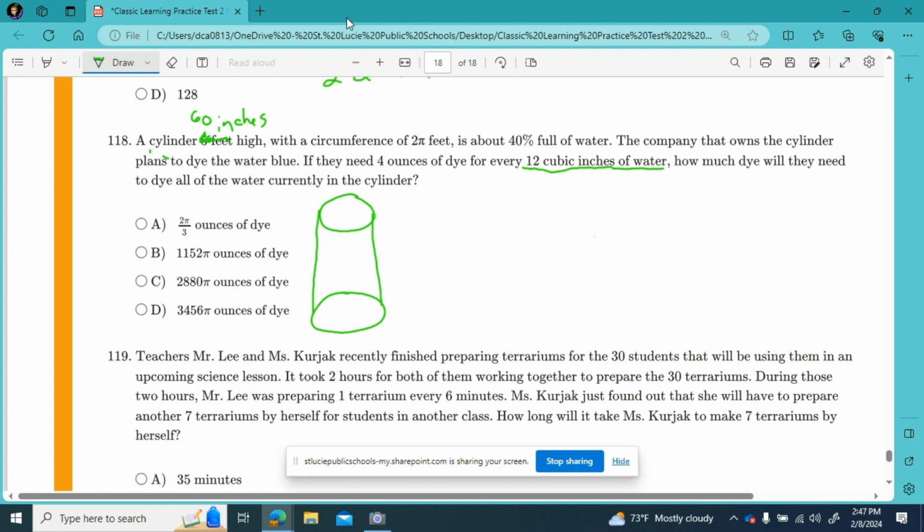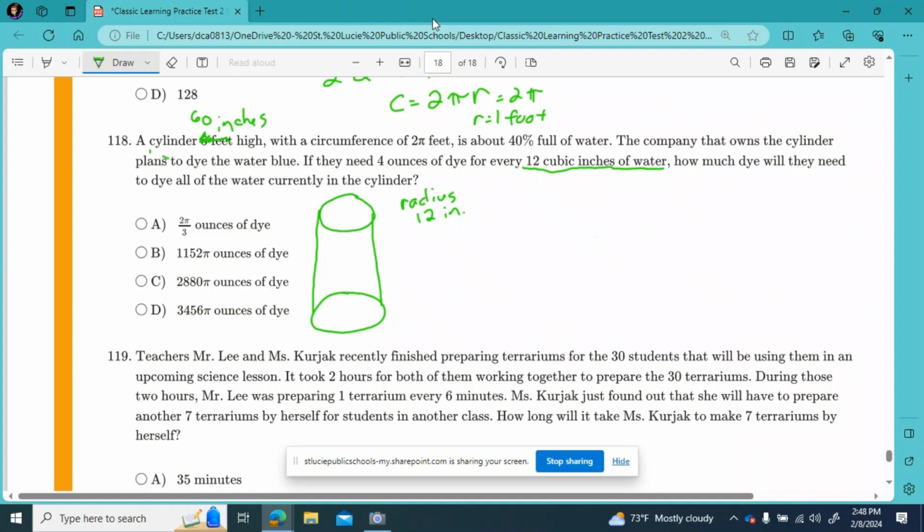And then the circumference is 2 pi feet. Circumference equals 2 pi. I know the formula is 2 pi r, and so 2 pi means that the radius equals 1 foot, or the radius is 12 inches. Okay, and I think that's all I needed to know out of the circumference, because of what we're doing with our